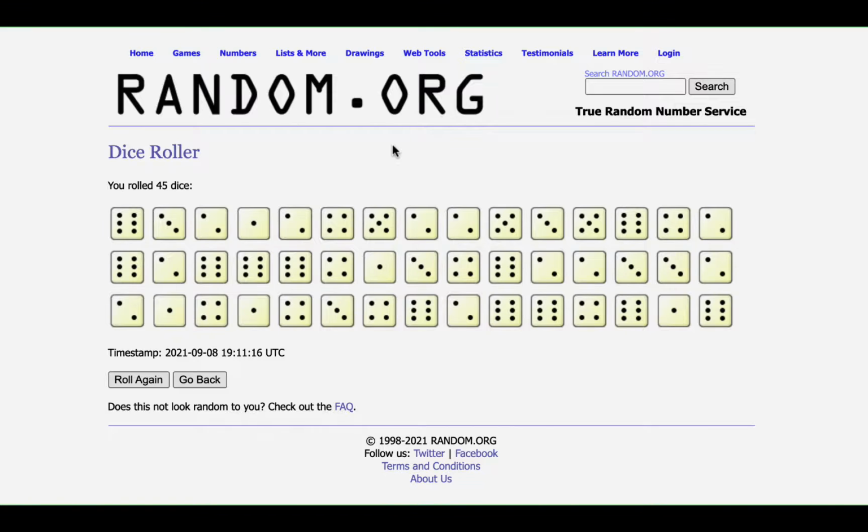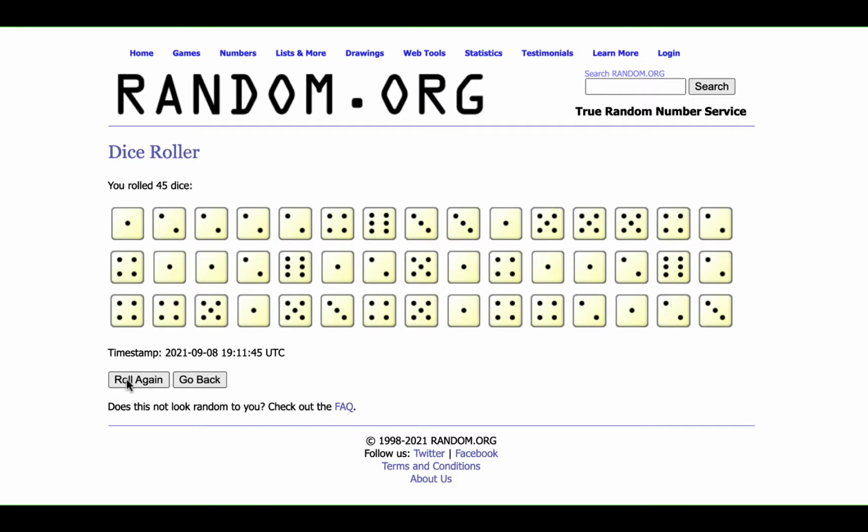Here's the analogy. I'm on the random.org website. I've got 45 dice. I want you to imagine that each die is a parent nucleus. And when I roll them, whenever I roll a 1, that parent nucleus is going to decay into a daughter nucleus, and I'm going to have to remove it, and then I would roll again. So here I'm going to click roll again, and I'm going to look for all of the 1s, and I'm going to cross them out. So I've got a 1 here, and here, there,